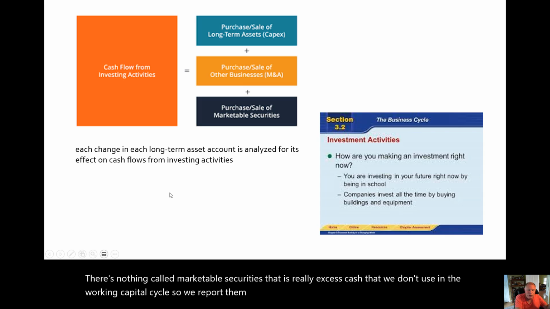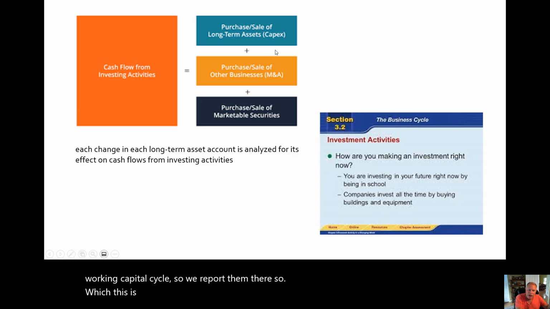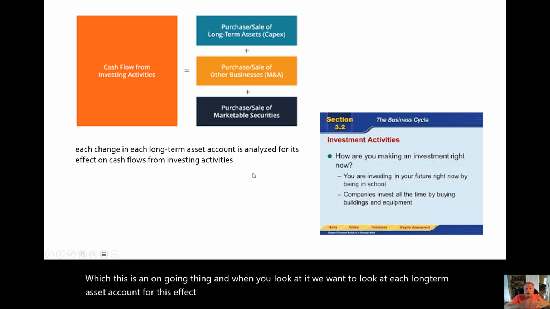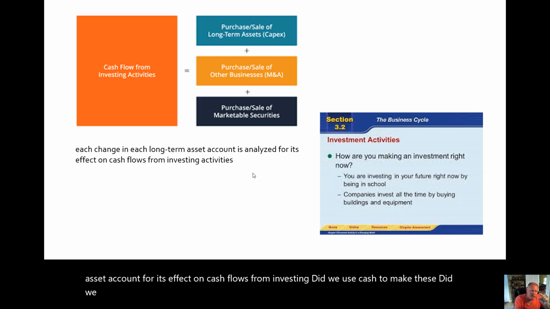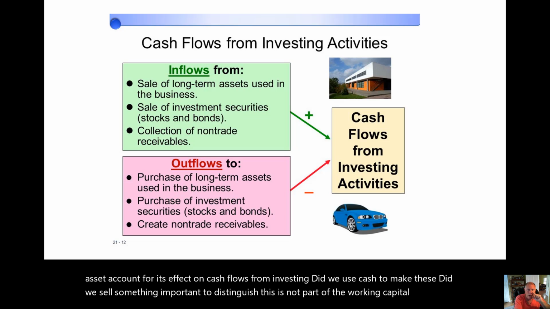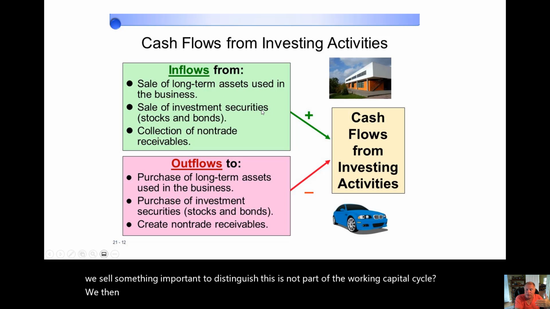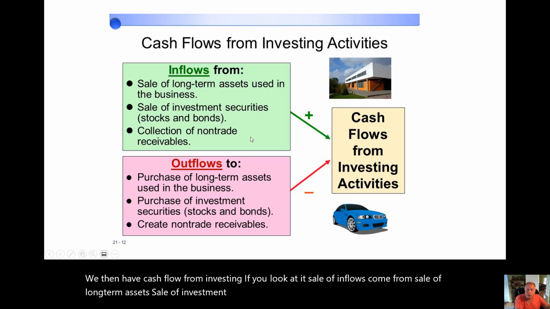So this is an ongoing thing, and when you look at it, we want to look at each long-term asset account for its effect on cash flows from investing. Did we use cash to make these? Did we sell something? Important to distinguish, this is not part of the working capital cycle. We then have cash flow from investing. If you look at it, inflows come from sale of long-term assets, sale of investment securities, collection of non-trade